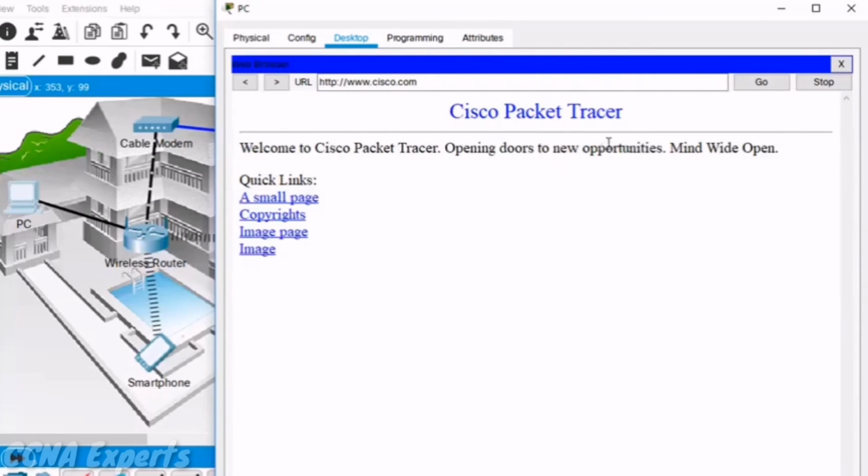So this is awesome. This was us playing around in Packet Tracer, getting used to the user interface, and being able to test out some of the features. Now remember, Packet Tracer is a great tool with so many features, but you have to take the time to get started and build